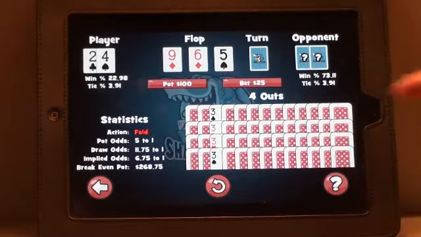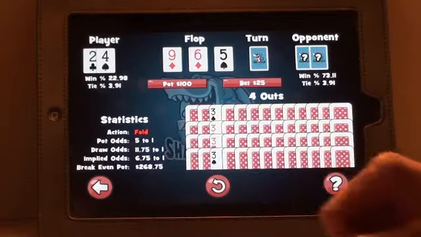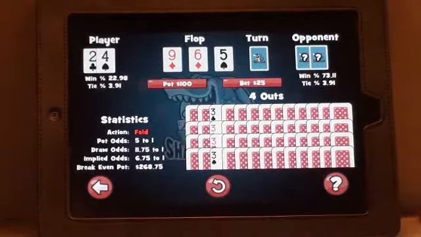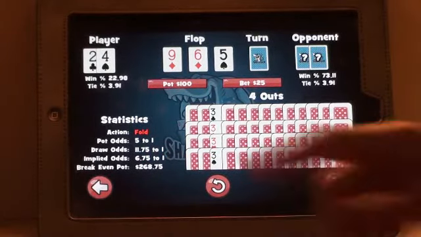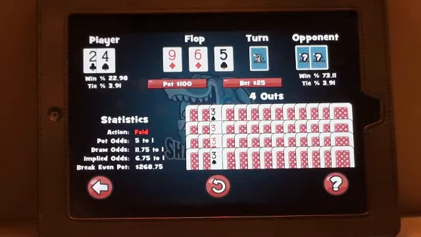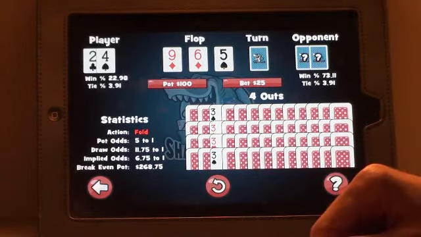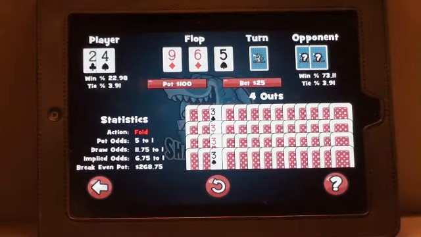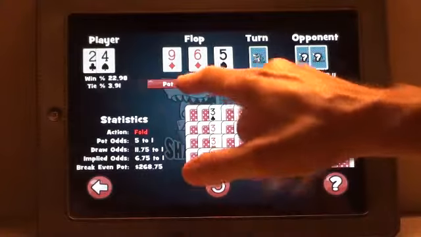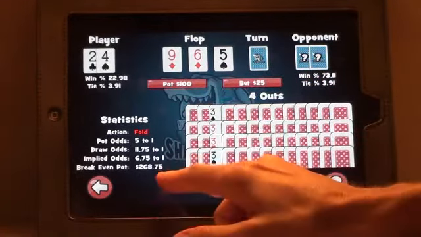This number is determined by subtracting the draw from the pot odds. So as a player looking at this, if I'm only getting 5-1 on my money, but I am 11.75 to 1 to hit my draw, I need to make an additional 6.75 to 1 to make this call justifiable. So that's what the required, or in this case implied, odds need to be for me to justify making this call at 5-1. The break-even pot shows how much should be in the pot with a $25 bet to make the hand,